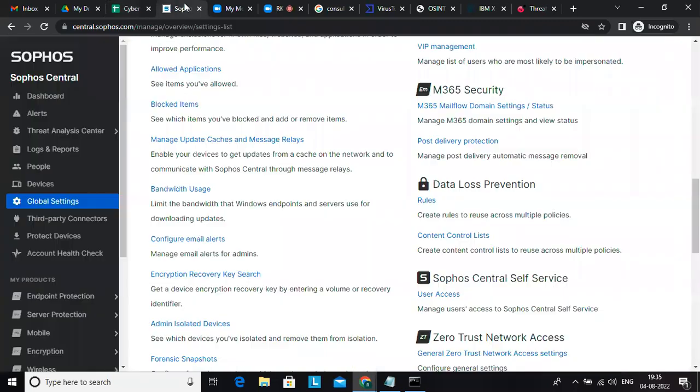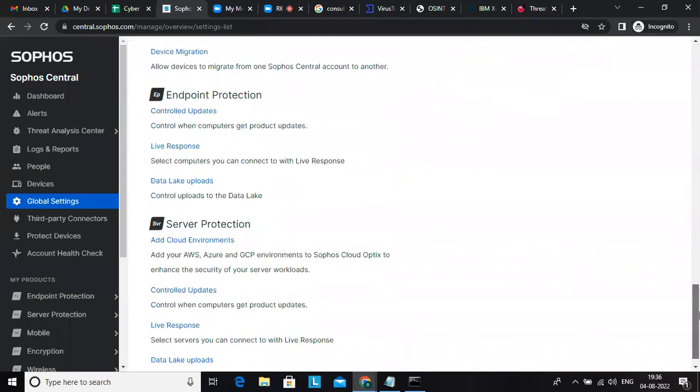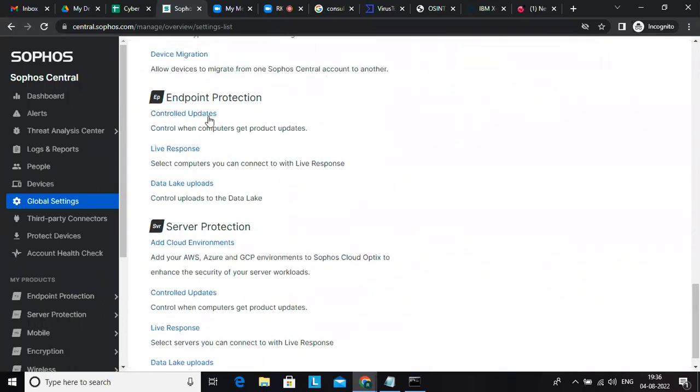So whenever somebody is trying to do this now, alerts will be generated automatically. Then these two are out of scope, not required. And endpoint protection. If you want to get the regular updates, our antivirus updates, we have to use this one. A live response, meaning here,